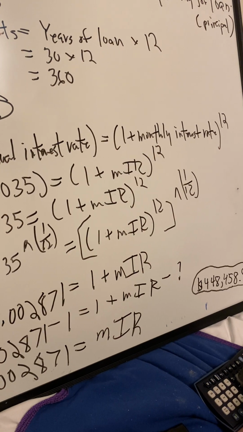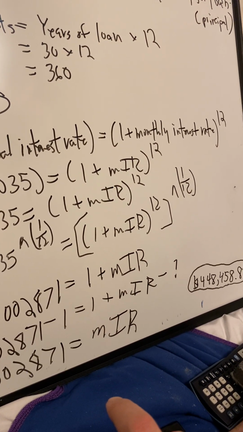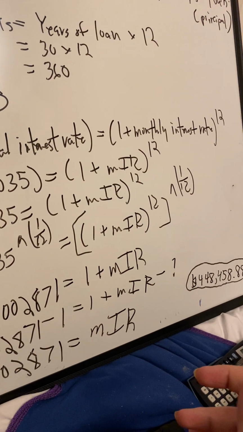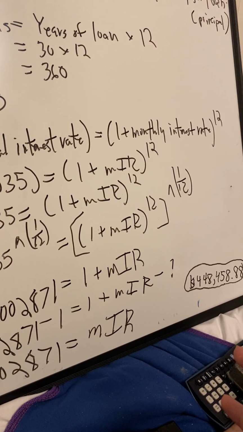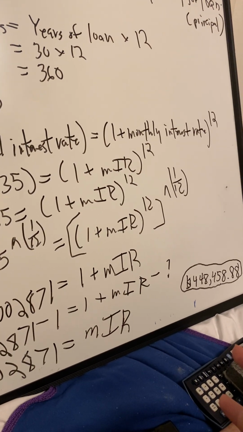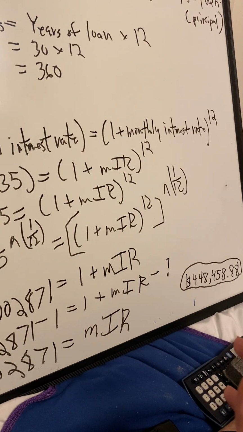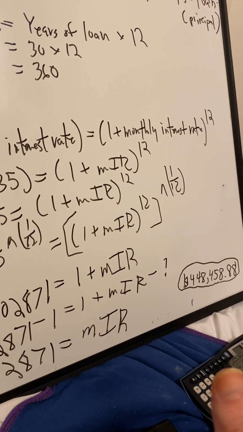And just to make sure you're in the ballpark, 0.28 is very close to 0.3, and 12 times 0.3 would be 3.6. That puts us right around the yearly interest rate of 3.5% that we had. So if you're right around there, it's never going to be exact because you're multiplying numbers times